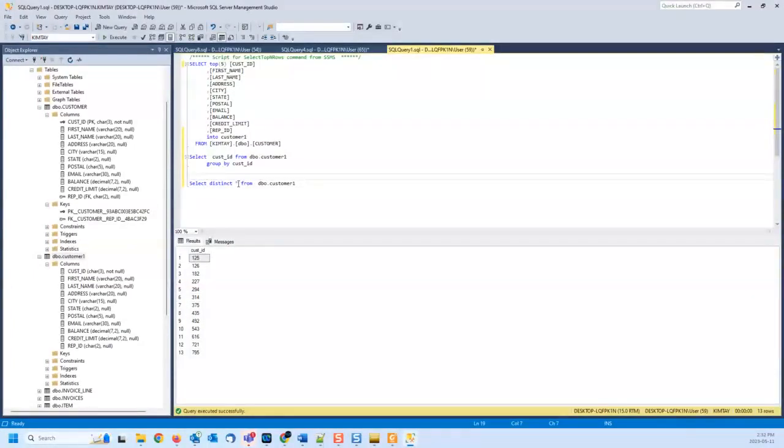I would be saying select distinct all into customer 2 from customer 1. Will that fix it? Yes, it will fix it, because now out of those 78 values, I will come back to 13 distinct values. But the problem comes when,